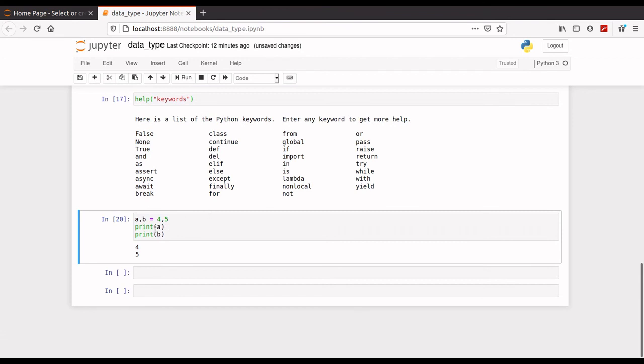Now in Python, if you are using print function, then print function automatically gives a new line. Okay, so look here, if I am printing first print and second print, then it will automatically give a new line.